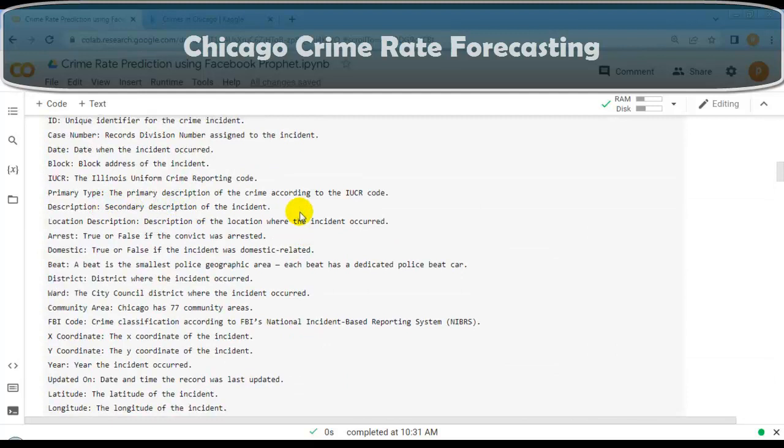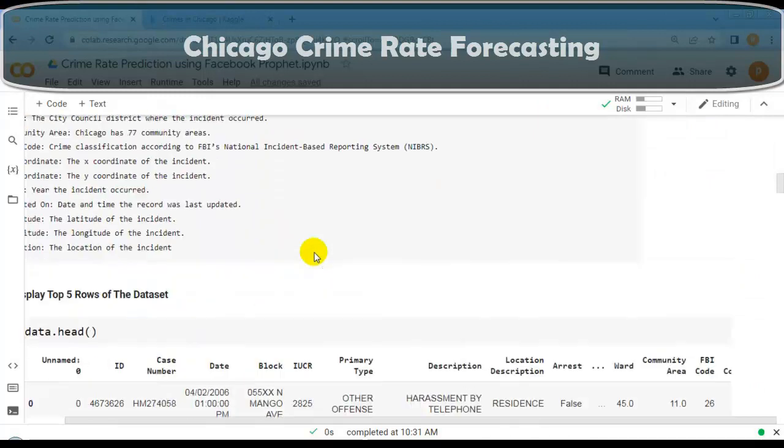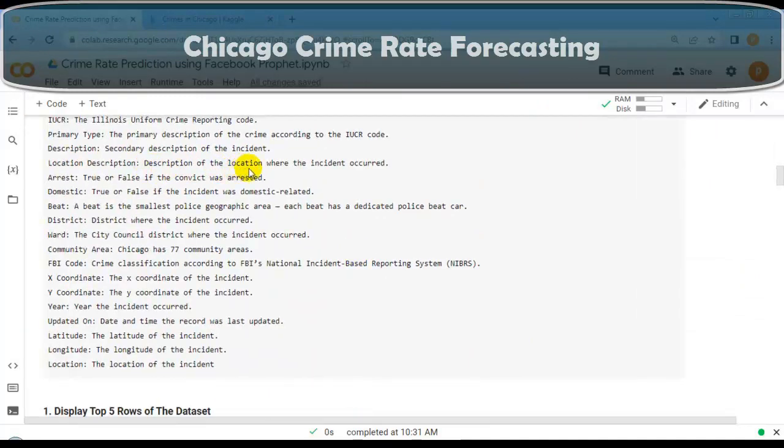Next one is location description, the description of the location where the incident occurred. Next one is arrest. It contains 2 values, true or false, whether the convict was arrested or not. Next one is domestic. Again, it contains 2 Boolean values, true or false, whether the incident was domestic related, yes or no.